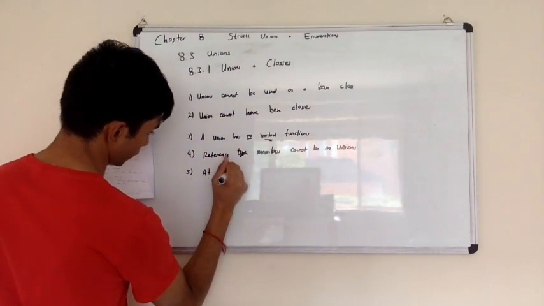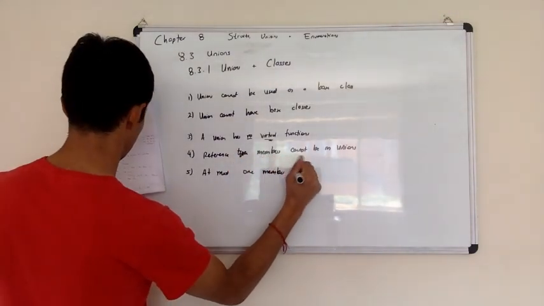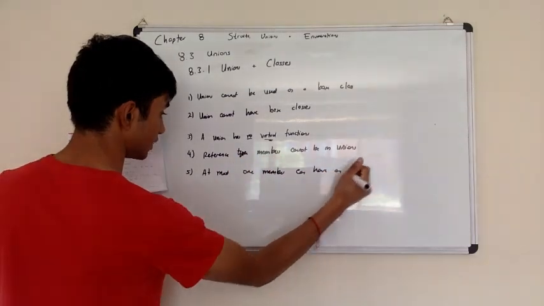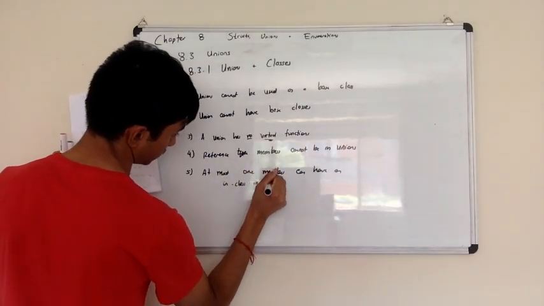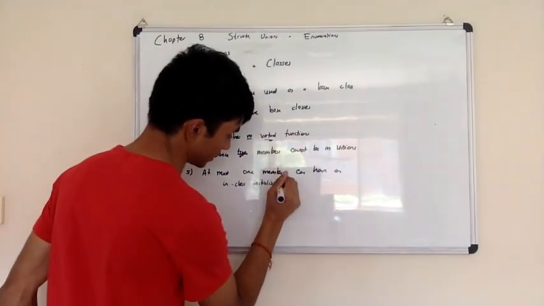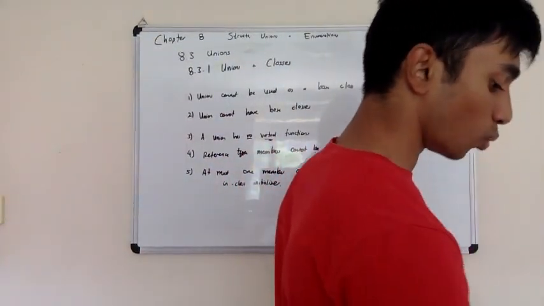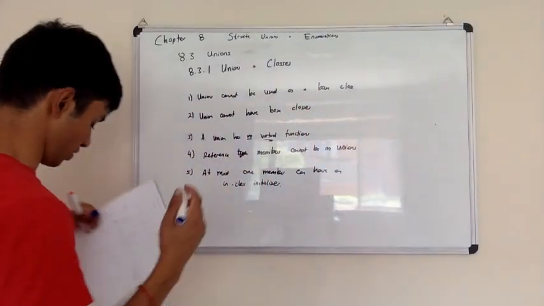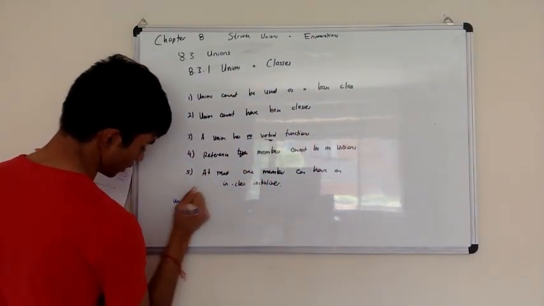At most, in a union, at most one member can have an in-class initializer. In-class meaning as part of the definition. I say in-class, but in this case it's my unions. Basically, at most one member can be provided with an actual default value. So for example, union my union,